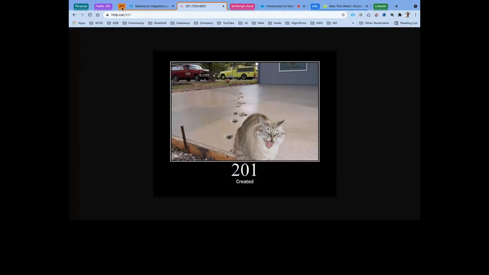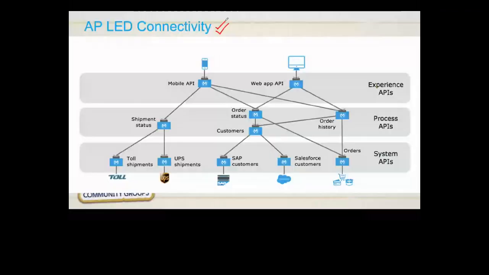So this is basically about API connectivity, which is the main important thing about Mulesoft. Before Mulesoft, suppose that we have to integrate multiple systems.